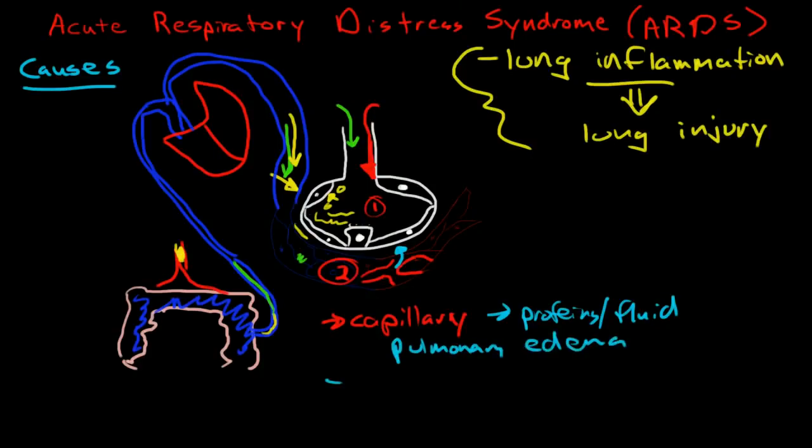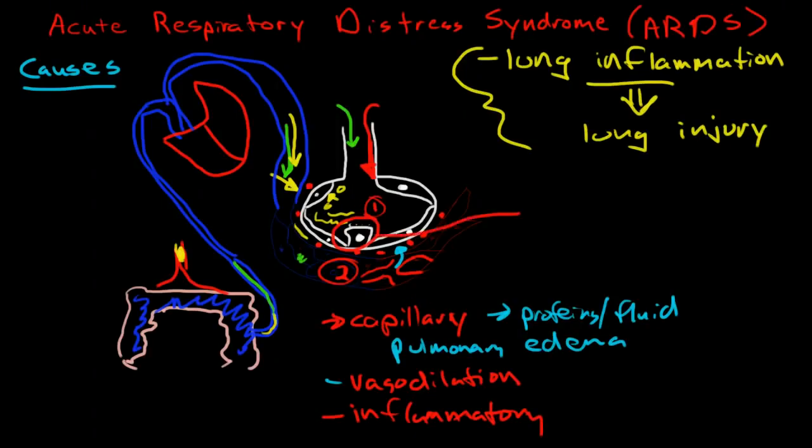And we're going to end up with vasodilation. And then we're going to end up with an entire inflammatory cascade. So we're going to have neutrophils coming to the area, and the neutrophils are going to escape the capillaries and embed within the tissues here. And we're going to have basophils and mast cells and lots of cytokines, and we're going to end up with severe inflammation. And the inflammation is going to start causing injury to the cells. It's going to injure the type 2 endothelial cells,